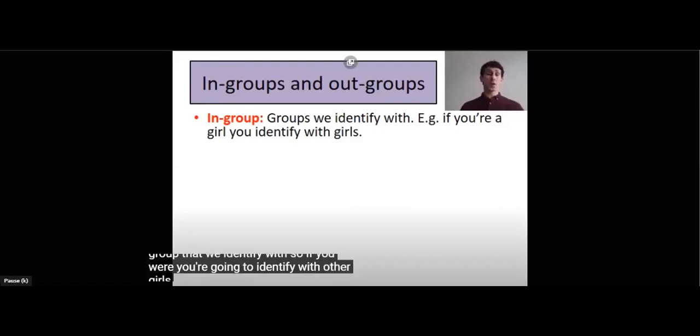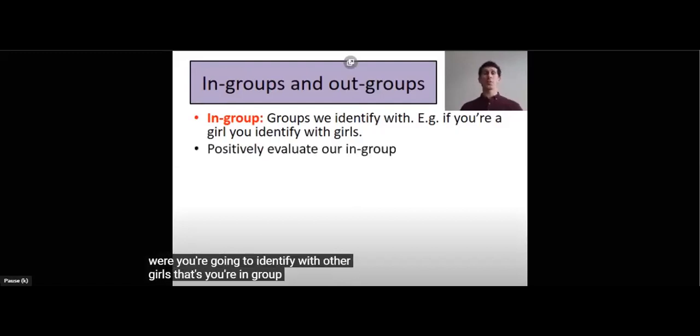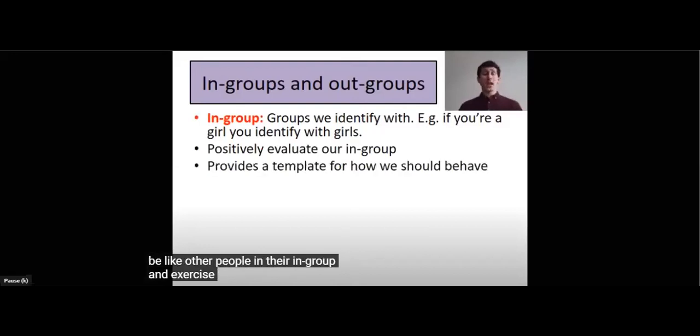You identify with other girls. That's your in-group. And they positively evaluate this group. They look at them in a positive light. They want to be like other people in their in-group. And it provides that child with a template on how they should be behaving. So they want to behave the same way other girls are behaving, because they want to be part of that